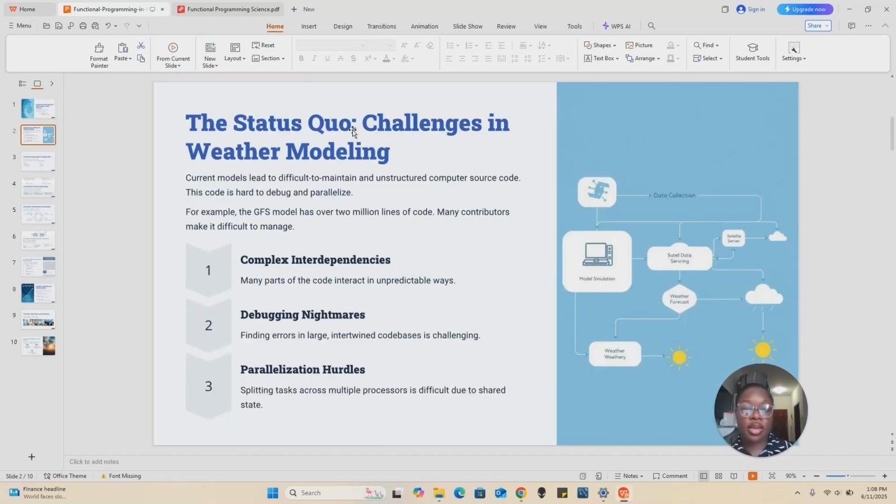Weather modeling today faces significant challenges. A prominent example is the Global Forecast System, which contains over 2 million lines of code. This leads to what's often referred to as spaghetti code, highly complex and interwoven logic that's difficult to untangle. With so many contributors and interconnected modules, the code becomes a nightmare to debug. The shared state and mutable data structures make it nearly impossible to isolate errors or make meaningful changes without unintended